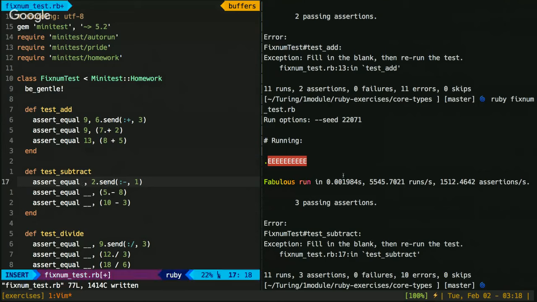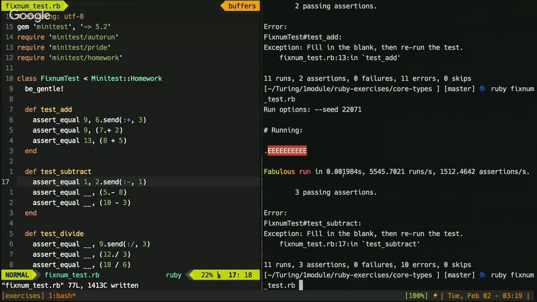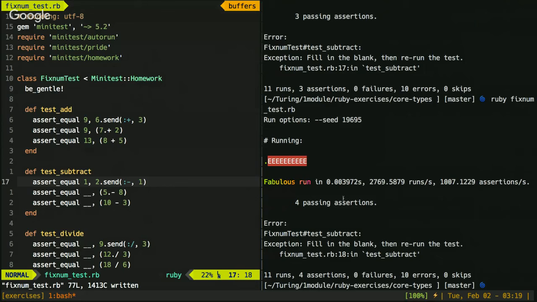Okay, everyone says 1. I'm going to put 1 in there. And we see now we have 4 passing assertions.